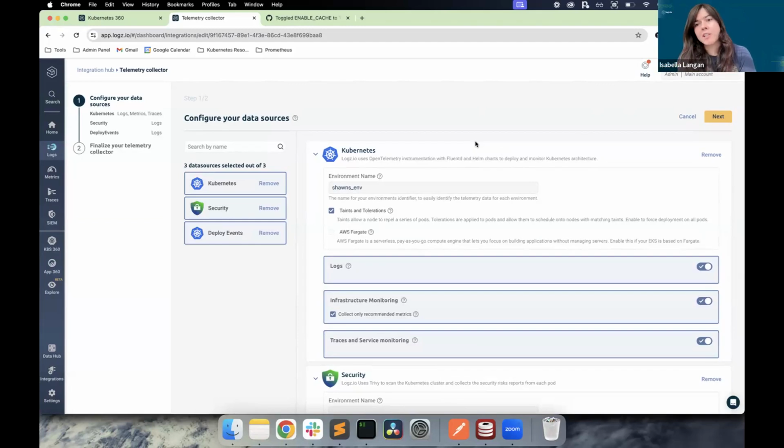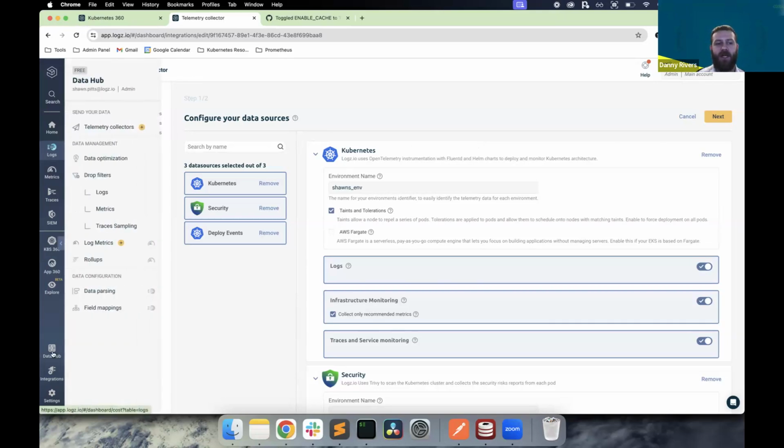You mentioned cost efficiency. How does Logz.io help manage costs? Yeah, another great question. Oh, Danny, did you want to take it? Yeah, I'll just do a high level and then maybe you can show a bit. I just wanted to mention earlier, one of the points was around being able to cap if there's a spike. We know a lot of people don't really offer a cap option. In Logz.io, you're able to give yourself an amount of overage if you need it, if you ever go over, but you can cap that at whatever you need, and you can even cap it at your plan to prevent